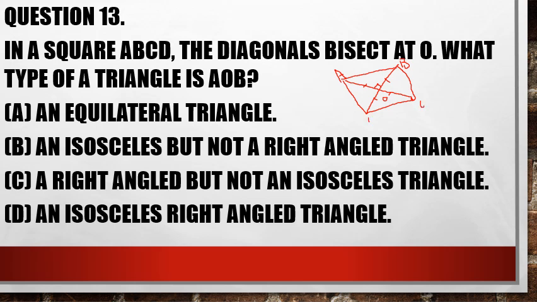Now, the question asked us: AOB is what type of triangle? Here, these two sides AO and BO are equal, and between AO and BO, the included angle is a right angle. So one right angle and two equal sides. It is an isosceles triangle, and in another way we can say it is a right angle triangle. So combining these two facts, we can say that it is an isosceles right angle triangle. So the correct option is